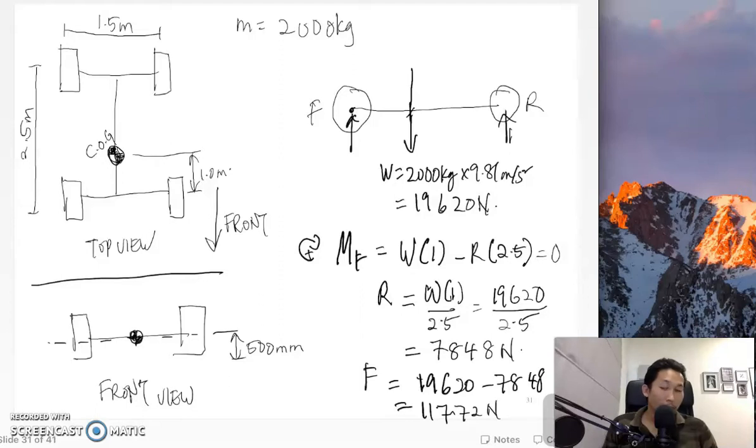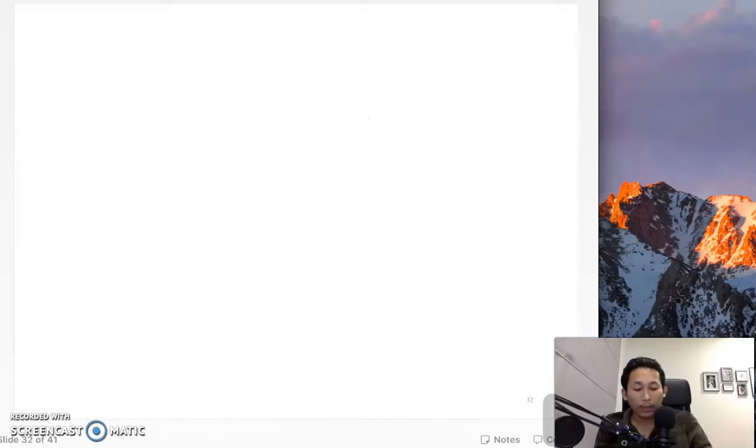Okay, so the total should be 19,620 Newton. This is for the front and rear, but for each wheel we have